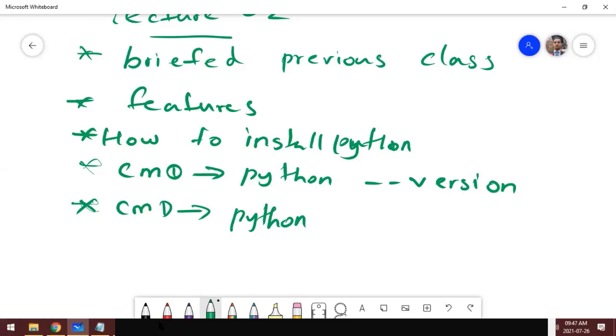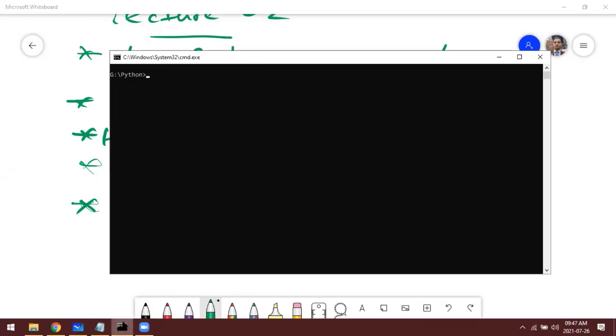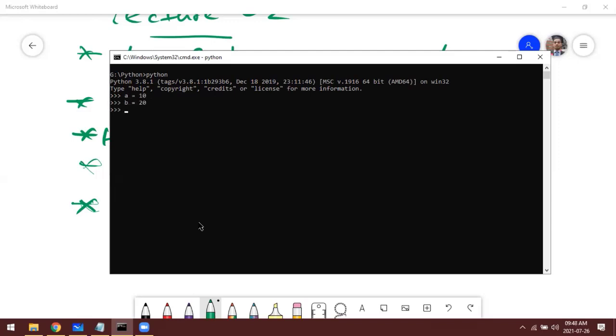So let me show the example. You can type python. Now you are in interactive mode, so you can assign variables: a is equal to 10, b is equal to 20, c equals a plus b, and then if you want to print c, you will get 30, right?